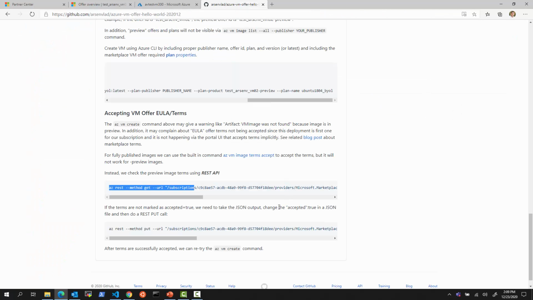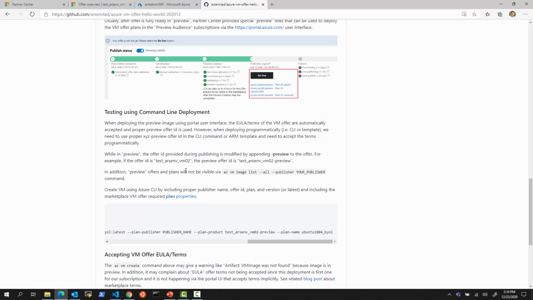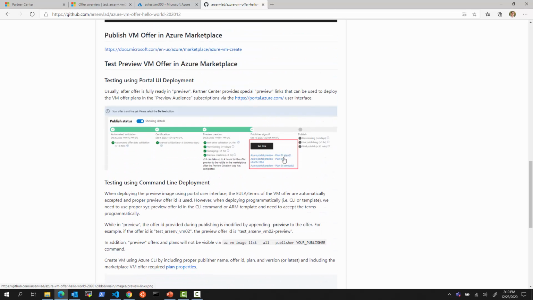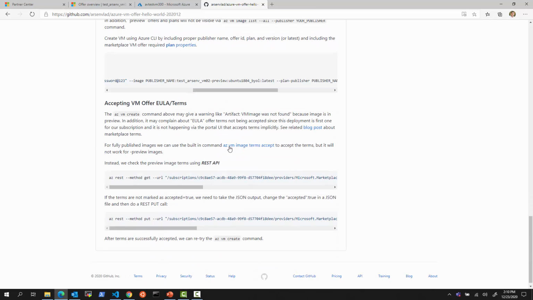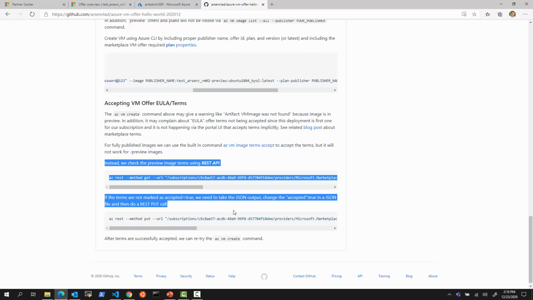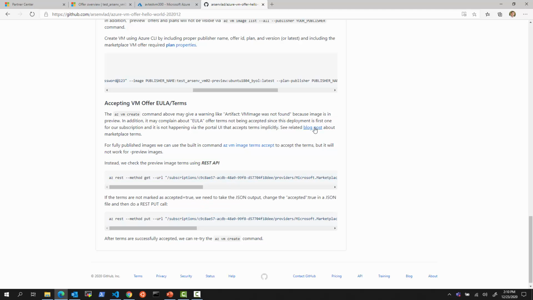So just again, not to confuse you, but terms need to be accepted. They get auto-accepted when deploying using the portal. They seem to recently start being auto-accepted for the preview offers, which is convenient. But once you push it live, you would need to either deploy through the portal or accept terms using VM image accept terms. The reason this shows using REST APIs is, as this blog post explains from a few years back,